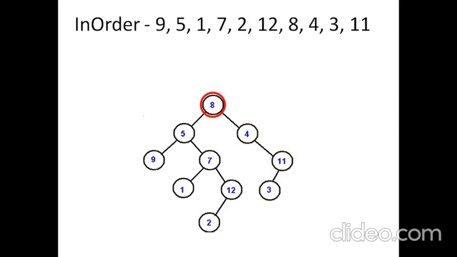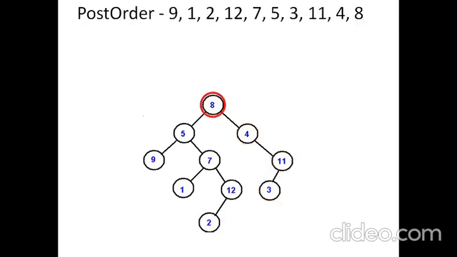Here the root is printed in between the left and right subtree, and in the case of 4, when it doesn't have a left subtree, it gets printed. So after 8 we printed 4 because 8 does not have a left subtree, so it only has a right subtree, and it is printed immediately. But for all other nodes we followed this principle.